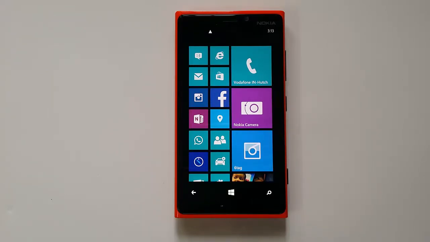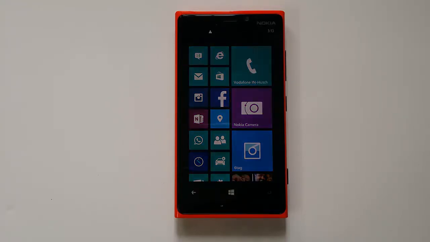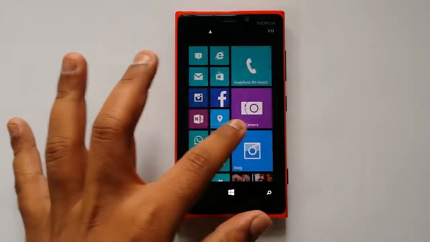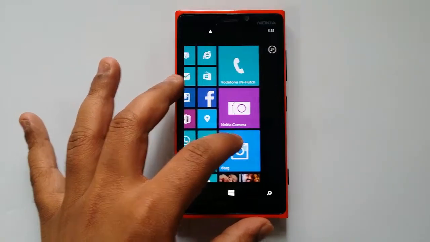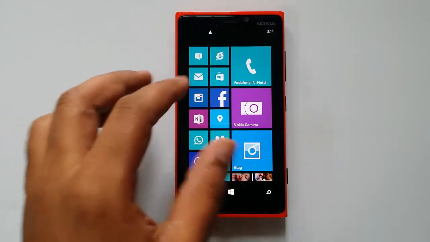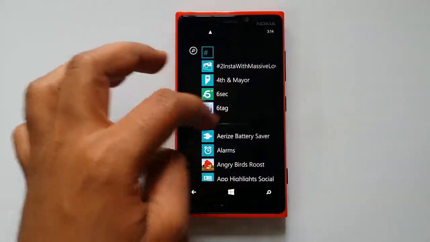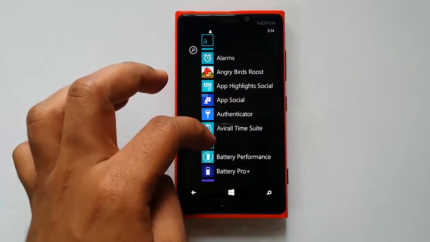Today we'll have a quick look at the new Vine app which was released for Windows phones by Twitter. So Vine has finally made it to the Windows phones after initially releasing for iOS and then for Android phones. The Vine app was announced back in July with the announcement of the 1020, and it has now finally made it to the Windows Phone store, and it's now available for free download. So let's have a quick look at the new Vine app for Windows Phone and see how it's different from the Android version. We have installed the Vine app on my Lumia 920.